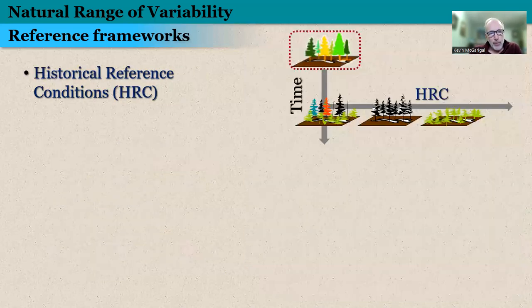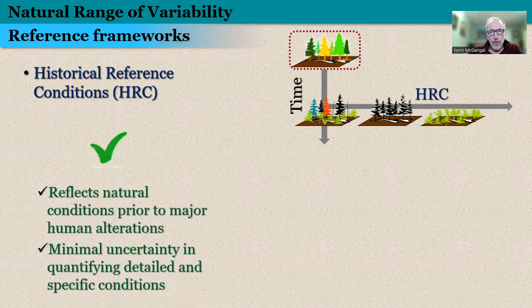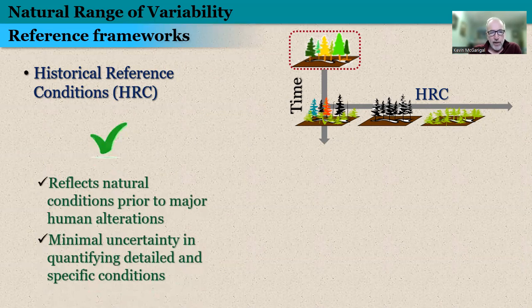Okay, the second approach is the historical reference condition, or HRC approach. It's similar to the CRC approach in that it uses the spatial variation across reference sites to characterize NRV. The main difference here is that instead of the contemporary landscape, this approach uses a historical snapshot of the landscape to characterize the NRV. The major strength of this approach is that it reflects natural conditions, quote, natural conditions prior